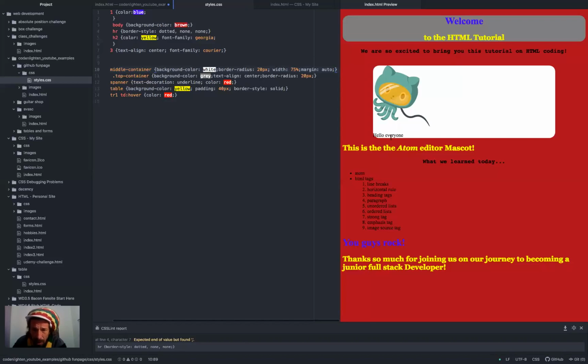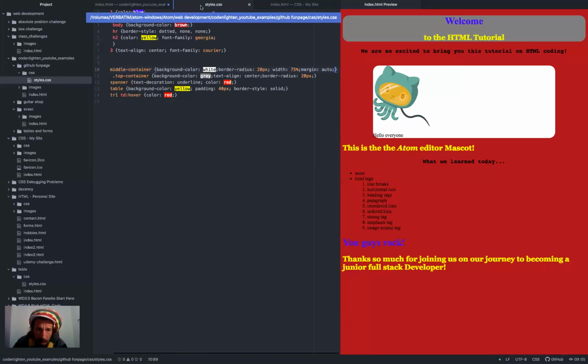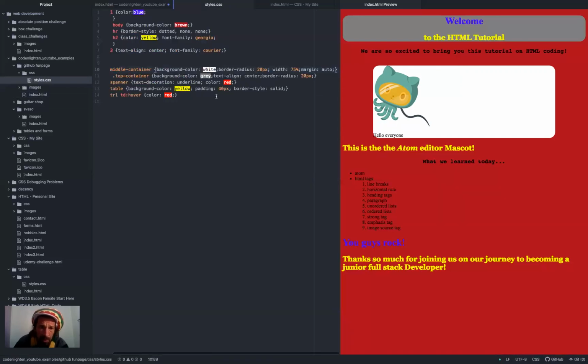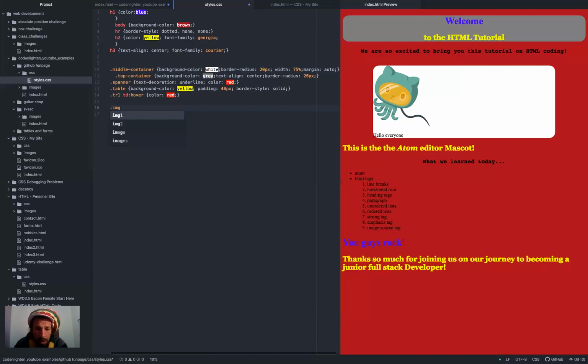I don't like what's going on here. So let's go ahead and take the paragraph. All right, let's see what happens if we float our picture. So what do we call our image class? Just call it image, img. All right, so let's see what happens if we try that. So img, and we'll say